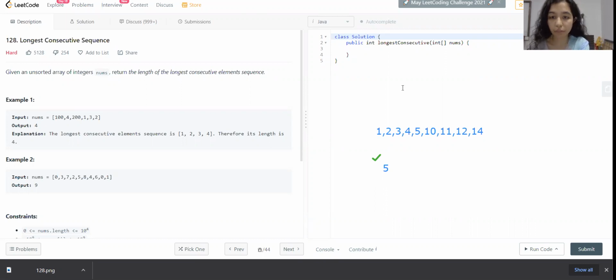Now, we move further. We see that we have another sequence, which is 10, 11, 12, which is consecutive, and we have 13 missing for 14 to make this again consecutive. So this is of length 3.